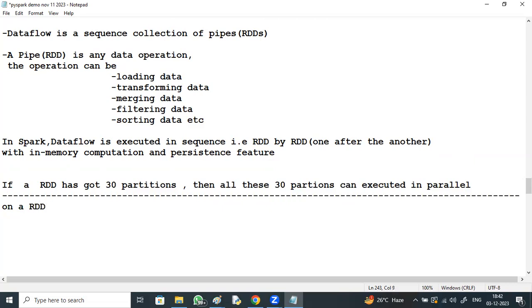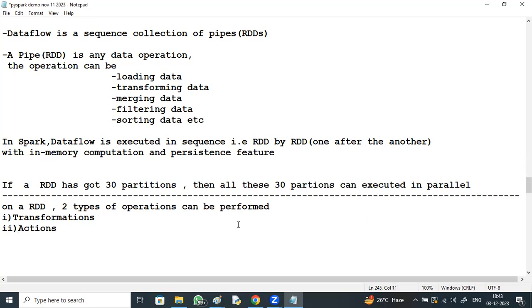Observe on an RDD, two types of operations can be performed. First one, transformations. Second is actions.